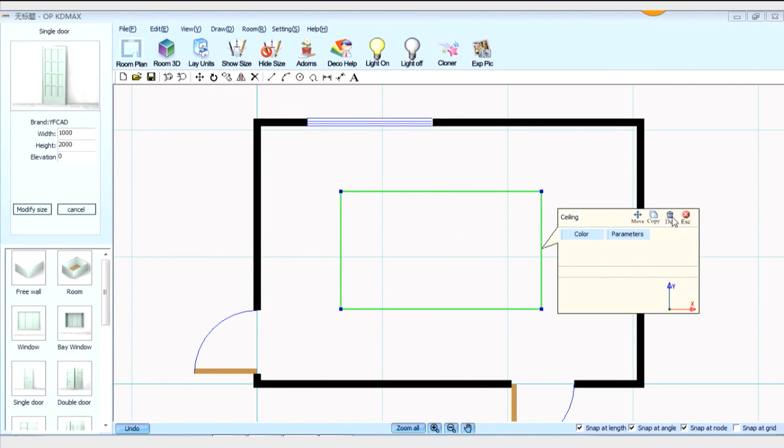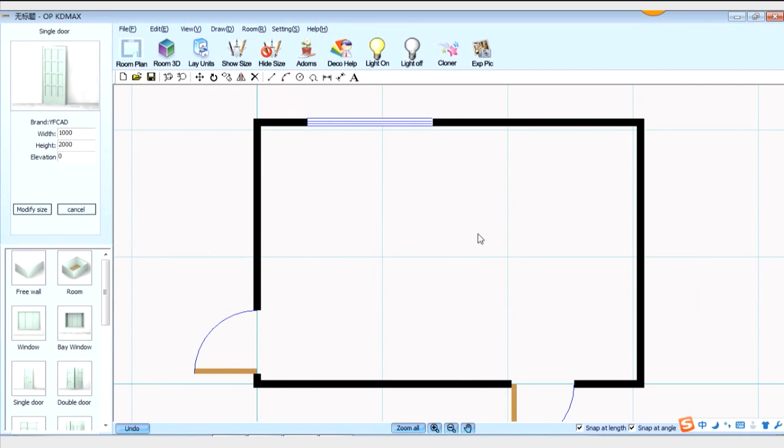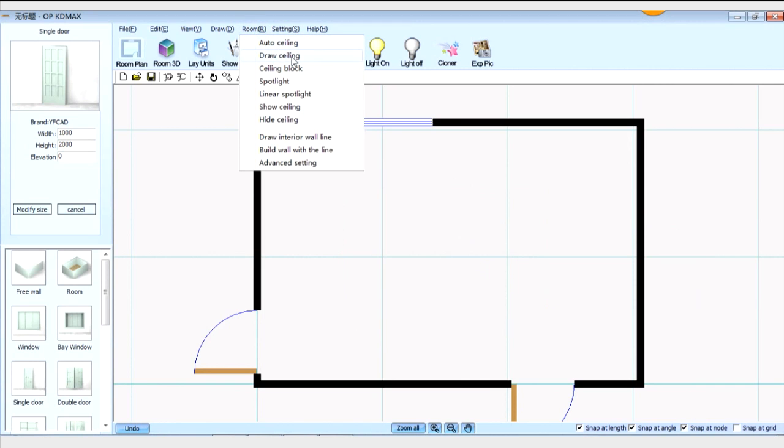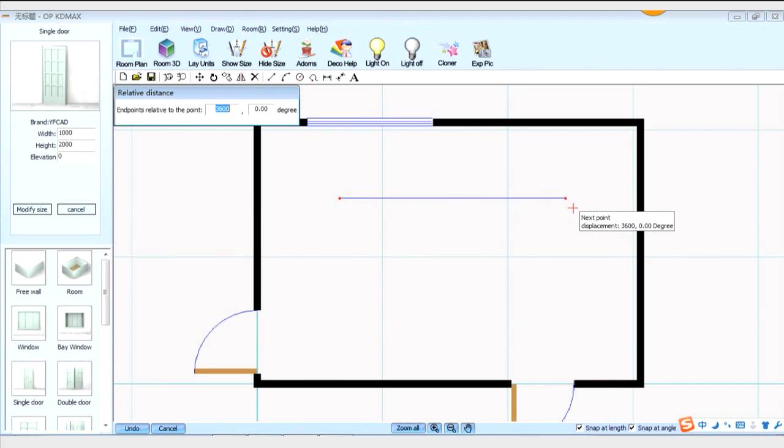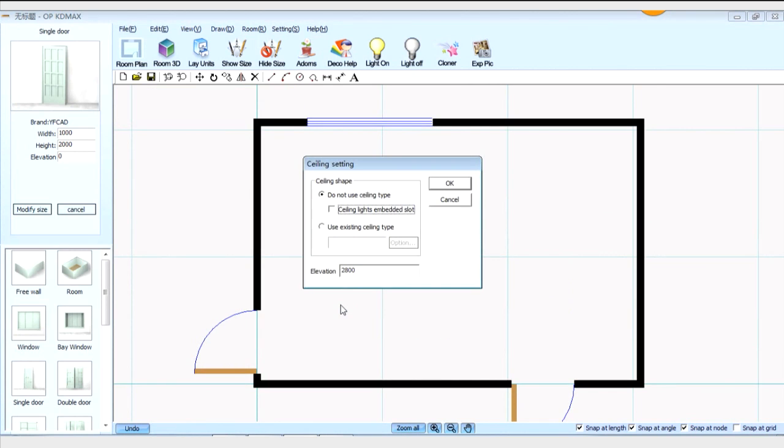We delete this ceiling. Now we can use draw ceiling to draw a rectangle manually. We choose draw ceiling. Inside the room, we select the first point and next point, and the last point. Then right click here